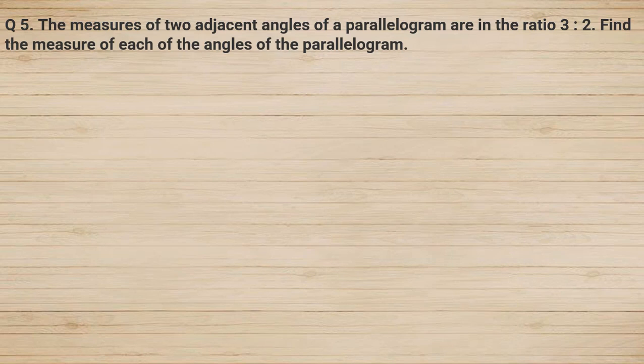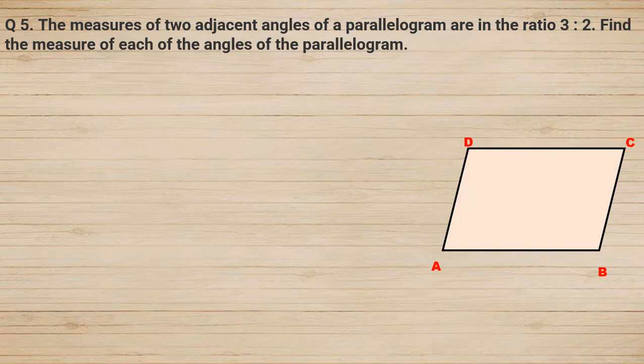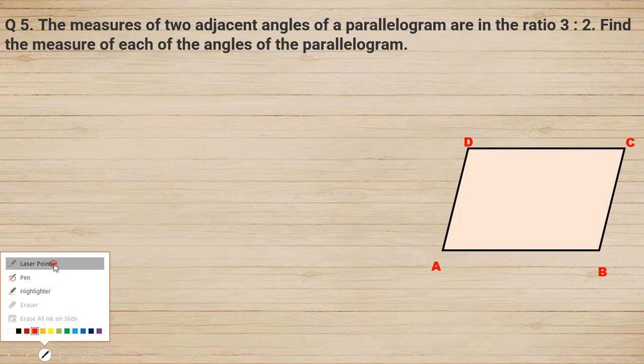The measure of two adjacent angles of a parallelogram are in the ratio 3:2. Find the measure of each of the angles of the parallelogram. So here we have given a parallelogram, label it by ABCD. So it is the parallelogram ABCD, and here it is given that the ratio of its